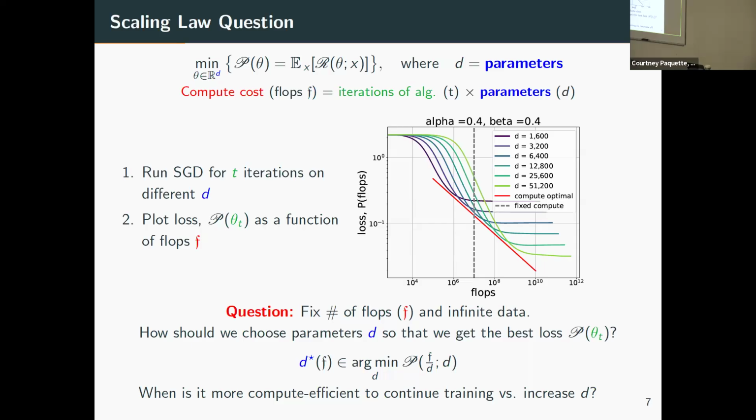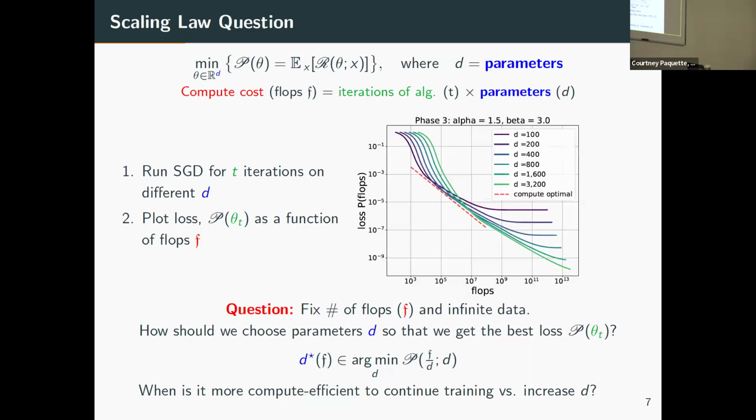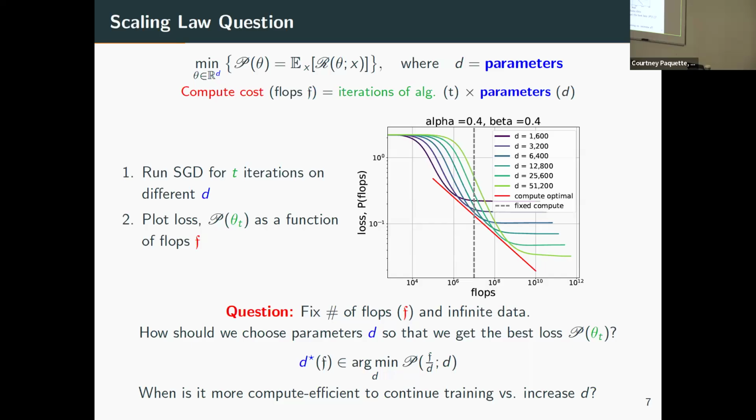And so you might say, what should you have done in this case? What you should have done is run your algorithm, wait till it hits the stationarity point, where you stop moving in your loss, and once you hit that point, you should have increased your D. It's wasteful to let it run forever in that regime. Oh, by the way, you do this for each flop and you get a curve, which is called the compute optimal curve. It's like a Pareto frontier, if you like.